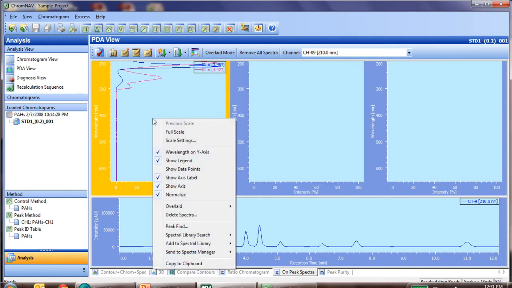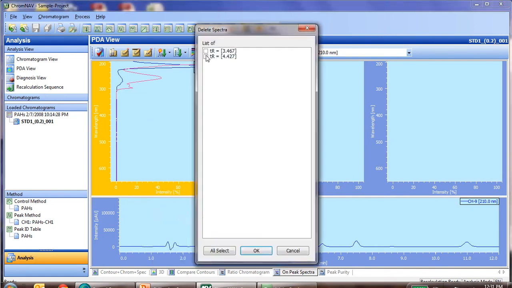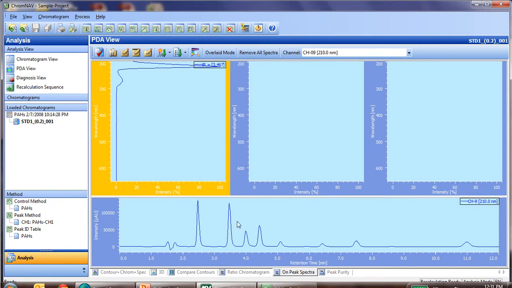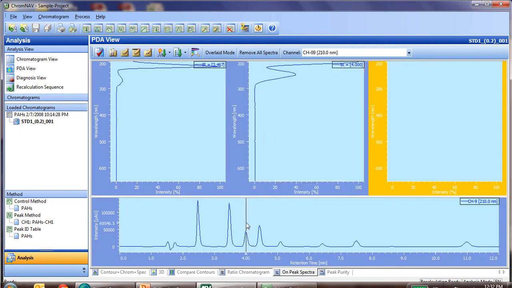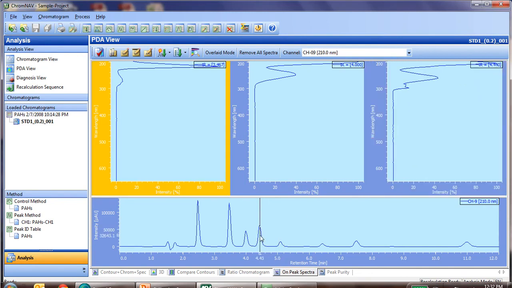Now in this case, as we're going to add some spectra to build our library, we're going to delete the second one, so we only show 1 chromatogram, 1 spectra per. So if we click on the second one and add spectra, we can add our peak. We click on the third, we can add another one. So now,